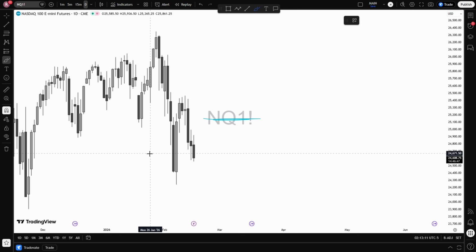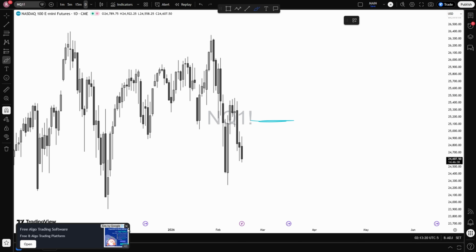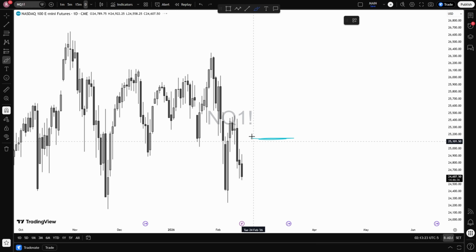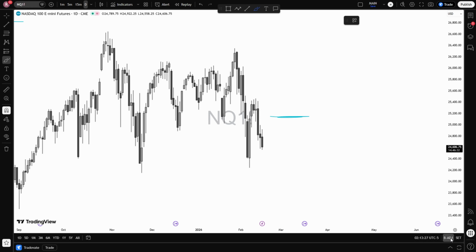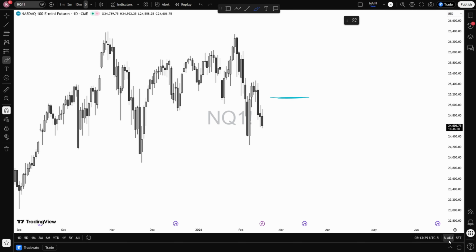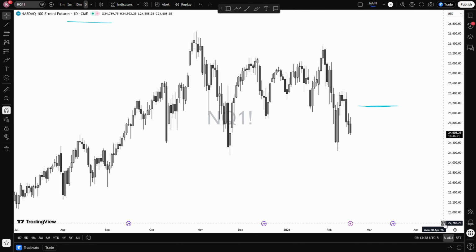When contracts roll over, for example from March to June, there are price gaps that appear. That's because each quarterly contract can trade at slightly different prices due to volume shifts and forward pricing. Without adjustment, TradingView simply stitches the contracts together as they are. So when rollover happens, you'll see visible jumps or gaps in price that aren't actually real market moves. They're just contract differences.